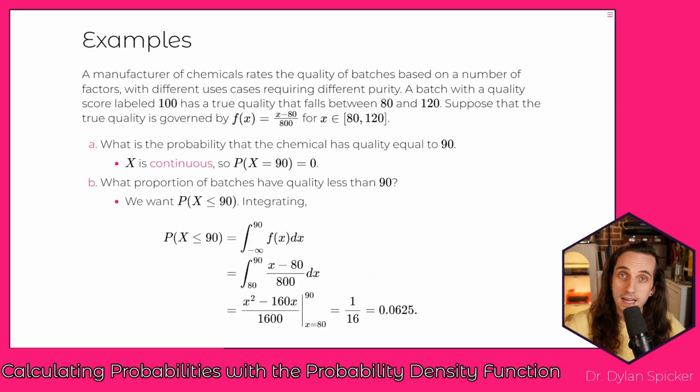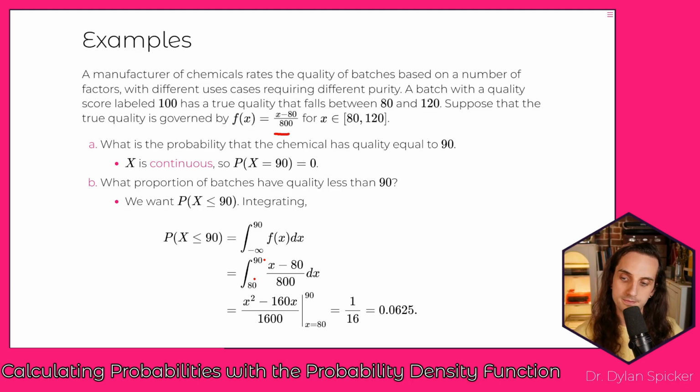Because we want the probability that x is less than or equal to 90, we can set this up as an integral expression. The probability that x is less than or equal to 90 is the integral from negative infinity up to 90 of f(x) dx. Plug in our density here, and that gives us the integral between 80 and 90 of